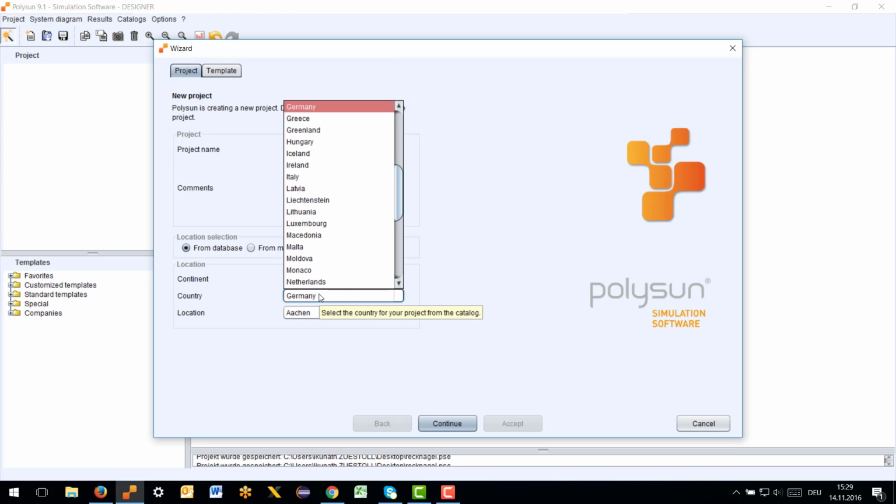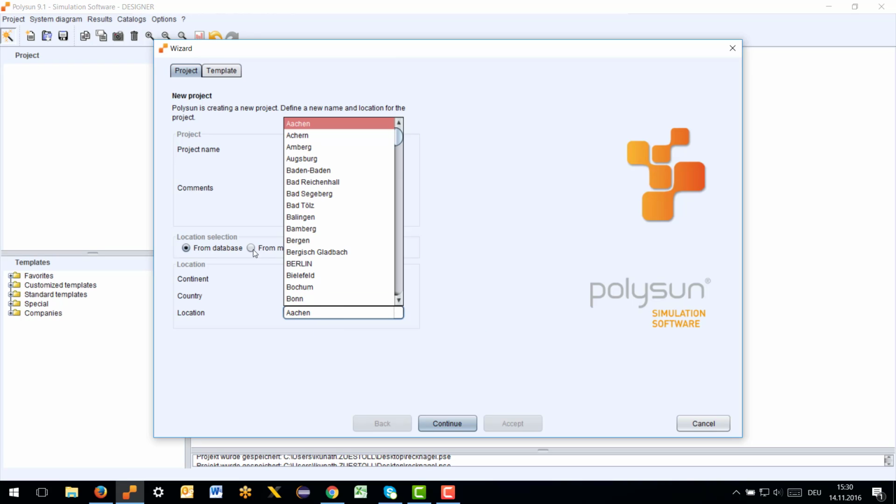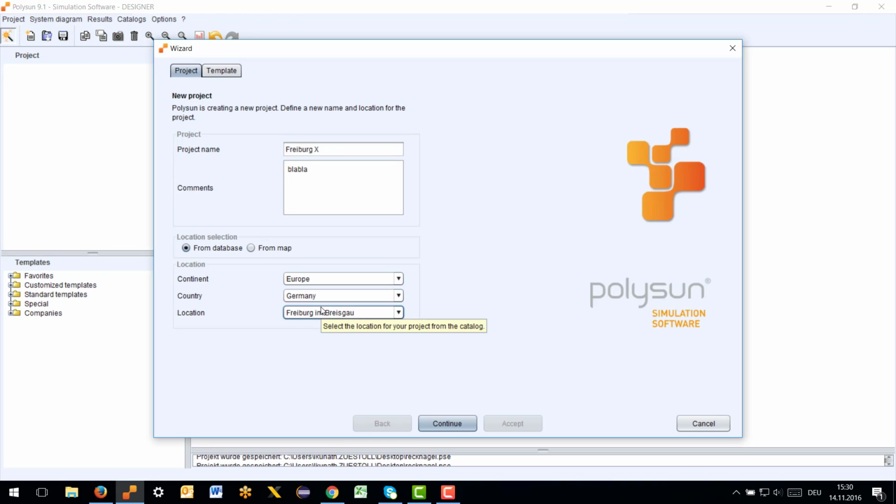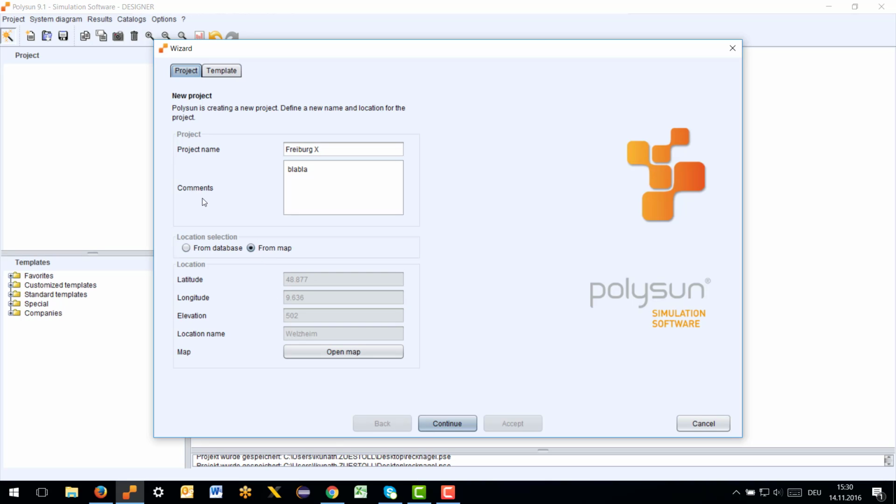As I said, we are in Germany and our city is Freiburg. You can do it like this, then you get the weather data immediately from the data points. The data points are coming from Meteonorm, and we have the test reference years from the latest periods. If you don't find your location here in the database, you can simply change to location selection from map,